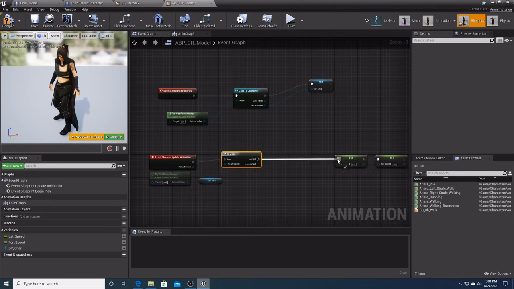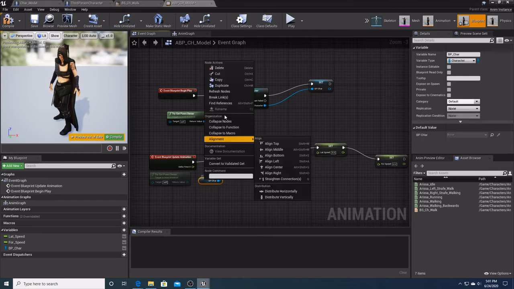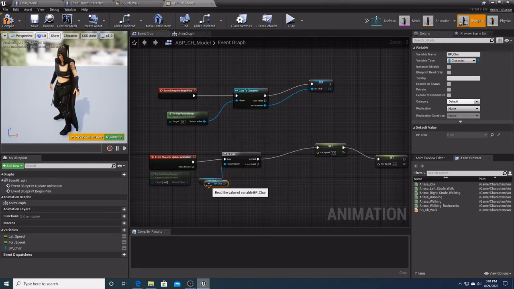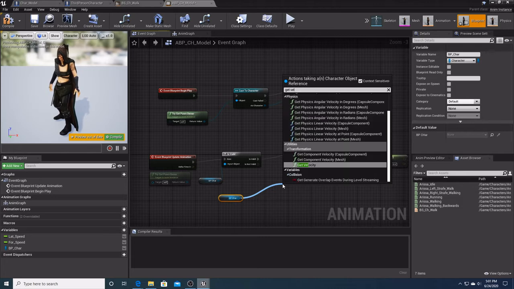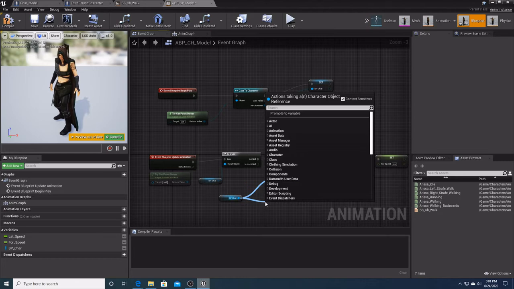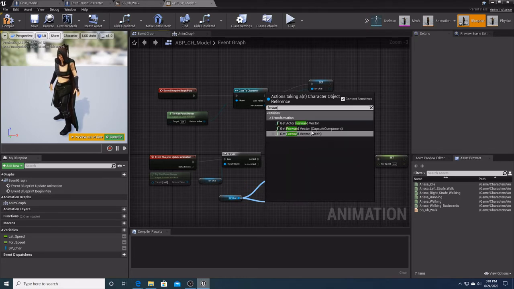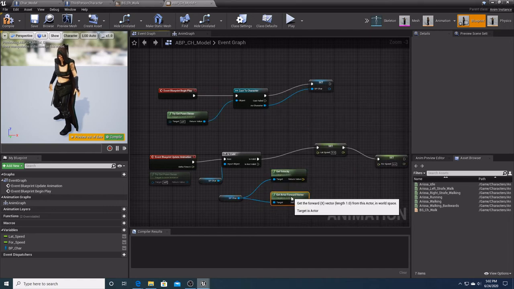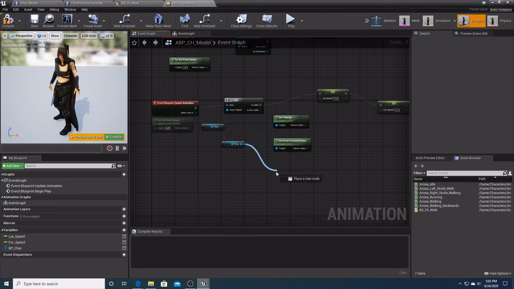Then we'll duplicate this like so. And then we're going to take this and get a velocity, a forward vector,